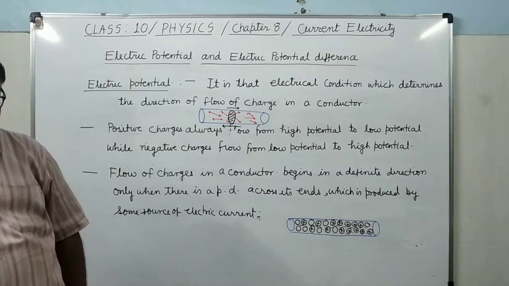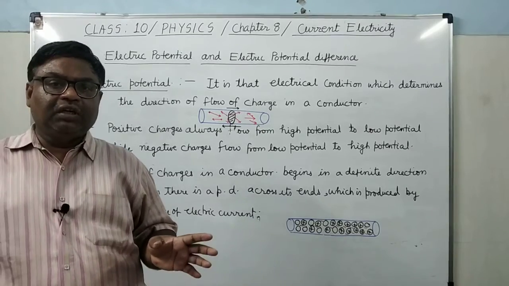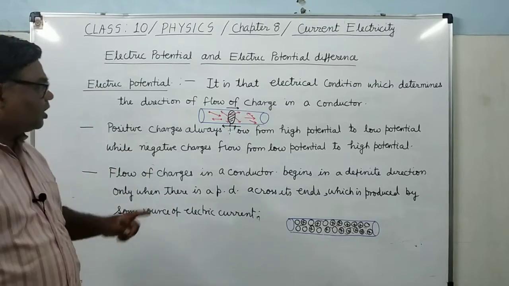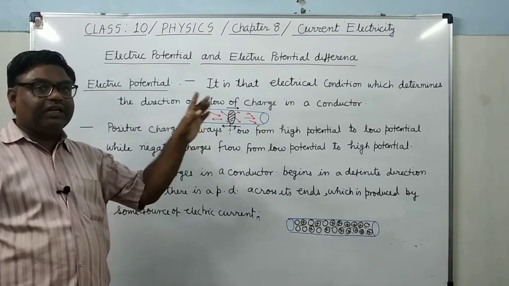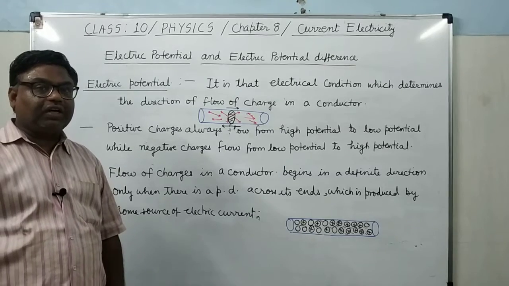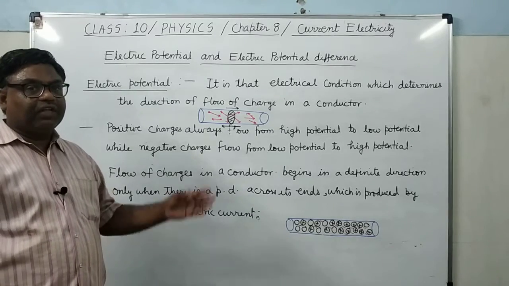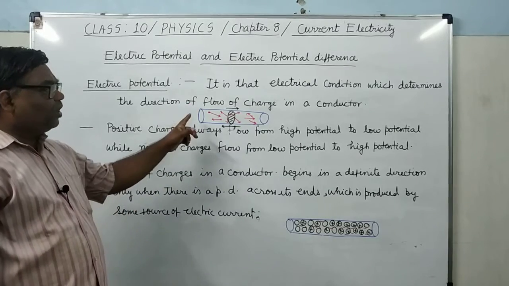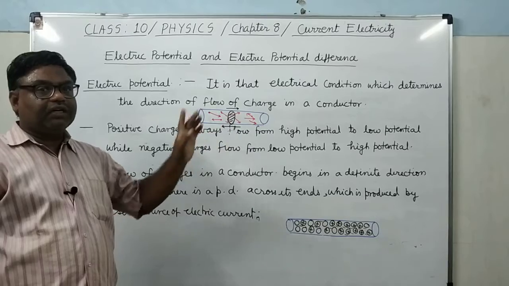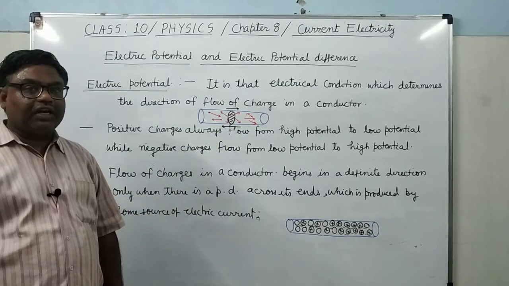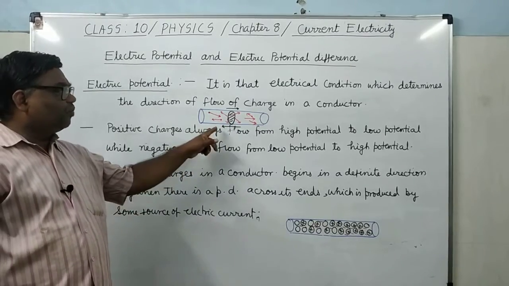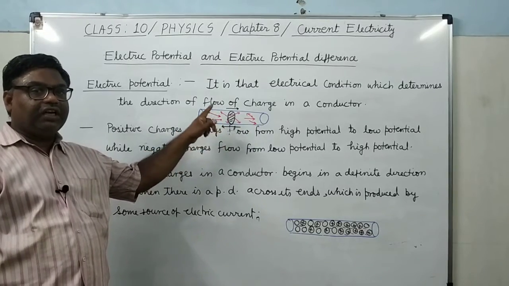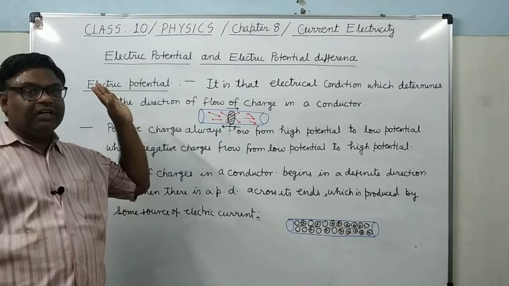So see here, on the whole, what happens? In a conductor there are a large number of free electrons. These free electrons are moving randomly here and there inside the conductor because of the temperature. Due to that, the current produced by one electron will be neutralized by the other electrons. Or in other words, an equal number of electrons are crossing any cross section in a given time from either side.